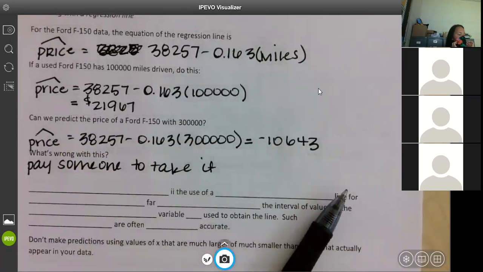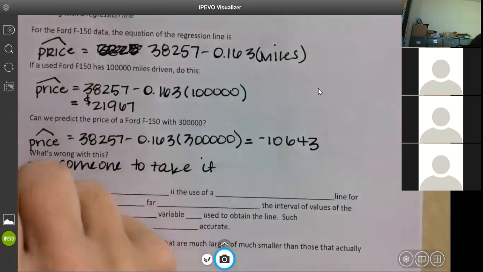Yeah, so what this is actually is extrapolation. You've probably not heard that since Math 1. So our prediction line is only good for the data that we had, okay? If we look back at our data, there is no truck data that is 300,000 miles or greater. So we don't have that data in there. So this extrapolation,